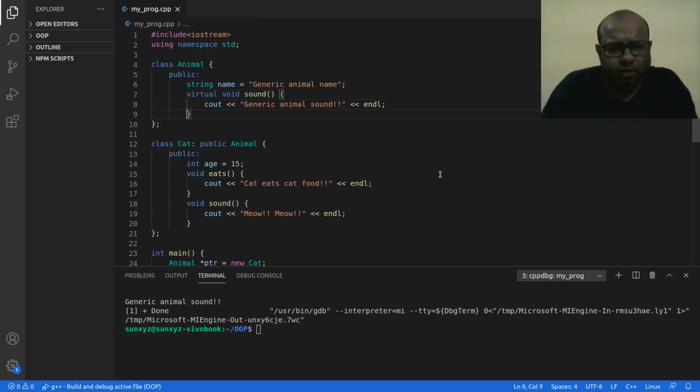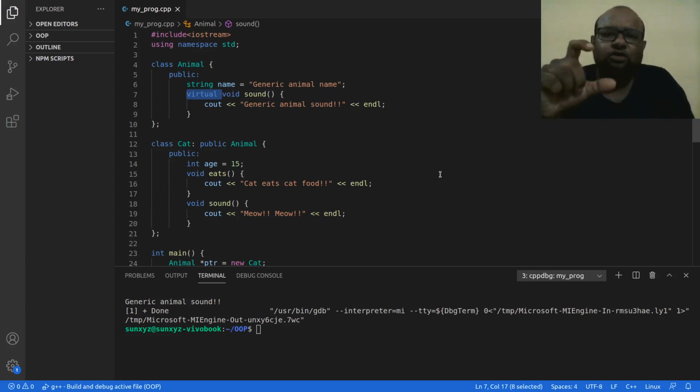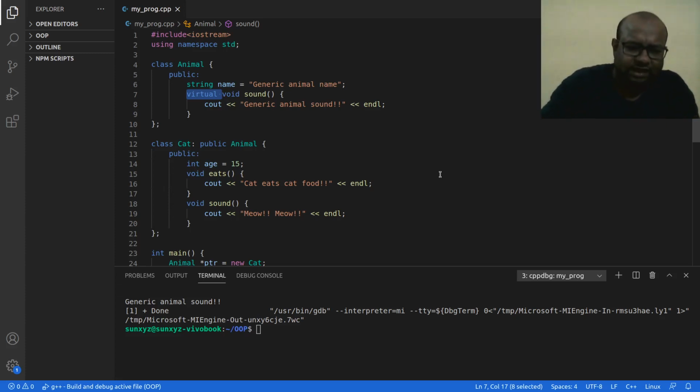Now when I write virtual, and I use this animal pointer pointing to a cat object to call this sound method, the sound method that is overridden in my cat class, in my child class, is being called, right? Without this, let me go ahead and demonstrate that to you. I have written this virtual in front.